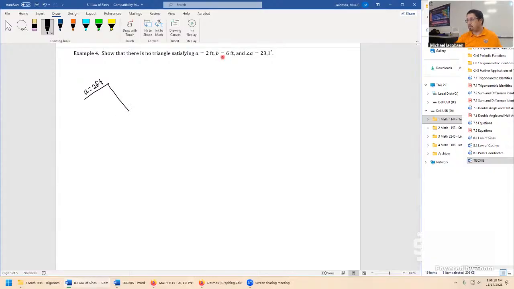So I'll just try to make it look proportional. Here's B equals 6 feet. Here's another side length, here's C. And these two sides have to tie together in this way. If we have a side length A, then the angle, whether we call it alpha or uppercase A, has to be on the opposite side. So alpha must be here. This is what's making it impossible, that we could just drop alpha anywhere we wanted. It has to be specifically to the opposite of the 2 feet side and have this side length of 6 feet here. Or we could have drawn 6 feet here and it's still been an impossible situation.